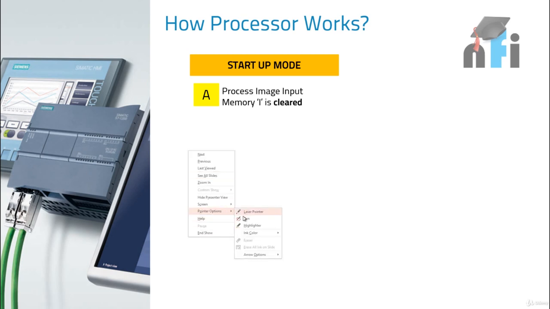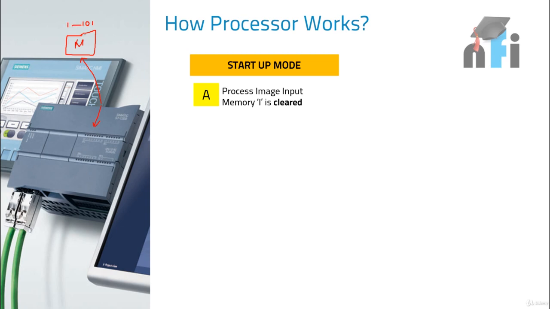Now what happened? I will take a pen. Supposingly these are the inputs. The status of these inputs is stored in some memory. If I say this is a memory block, it stores the information of my inputs. Suppose my first input is on, it will take the first bit as 1. If my second input is off, it will make it 0. If my third input is on, it will make it 1, and so forth. It will note the status of all the inputs and store that in